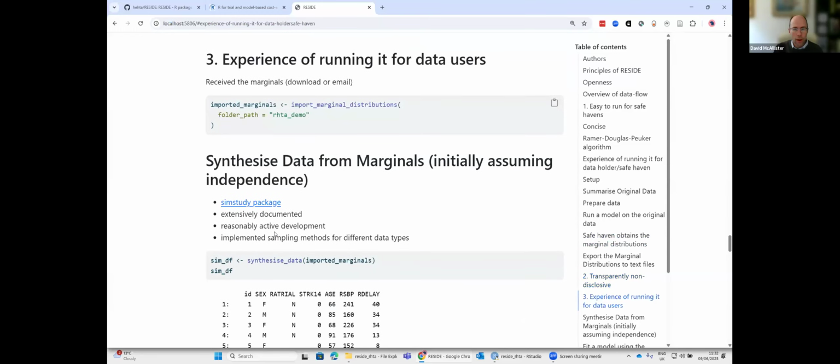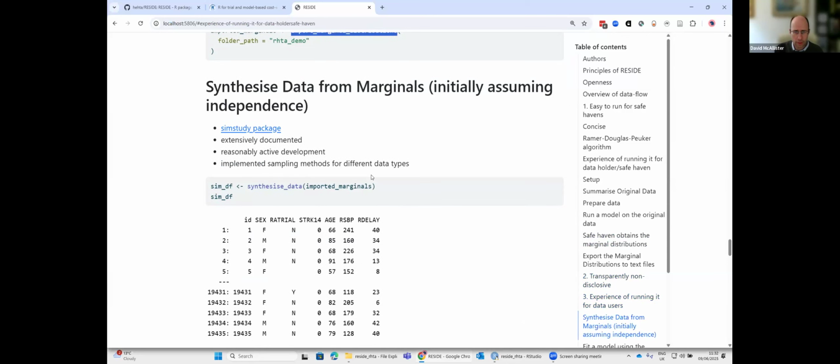So if you're a data user then, you receive the email with the files. You import those into R using import marginal distributions, and then you need to synthesize the data. Now, if you know how to synthesize data, then you don't need to use RESIDE, you can do it yourself. But lots of people, maybe they're not that familiar with it, they just want to see what the data are like, they just want to see if they can run their models. So we've used the SimStudy package because it's well documented, it's quite actively developed, and it's got sampling methods for different data types. And we pretty much wrap that